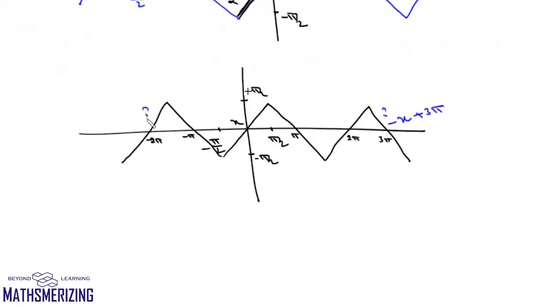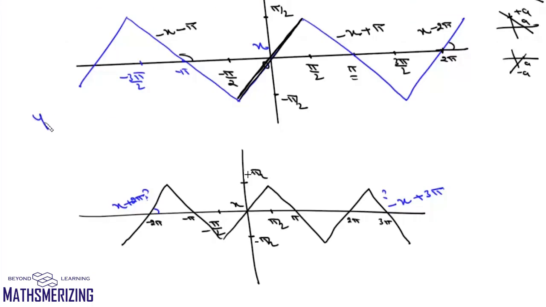What about this one? Now this is 45 degrees, so it'll be x, and then again it'll intersect above the x-axis, so it'll be x plus 2 pi. So just by drawing a basic graph, we should be able to write the definition for each and every part that we'll need. This is the only thing which I want you to learn, so that it'll be easy and convenient for us to work out different definitions and different conditions. So that is the graph of y equals sine inverse of sine x.